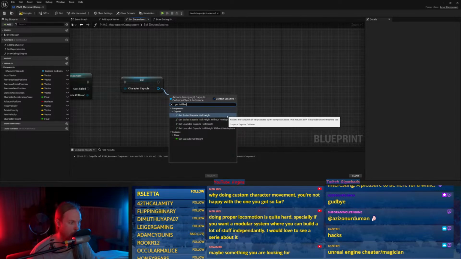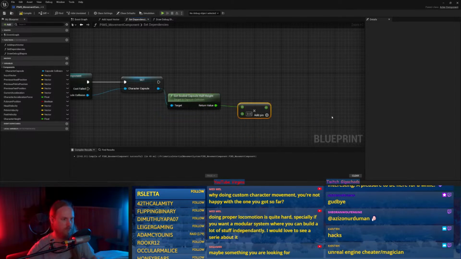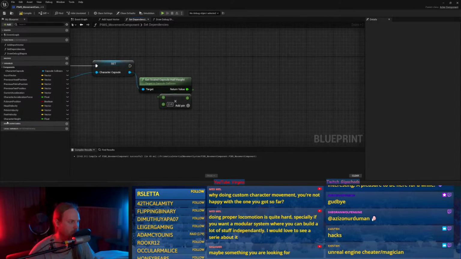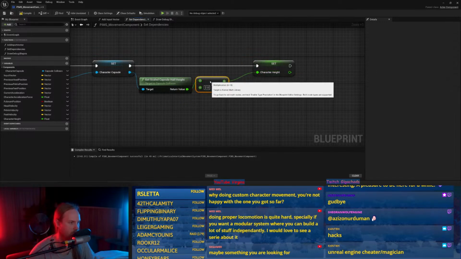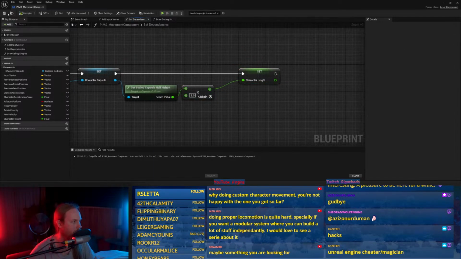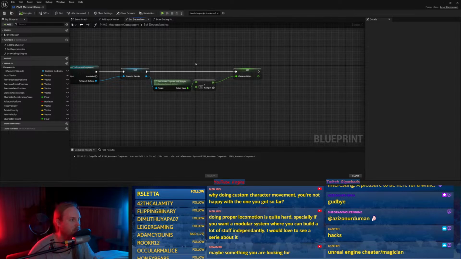Scaled capsule half height, times 2. So that's like their true height. So then we know if the head is below that, then they're crouching and so on.